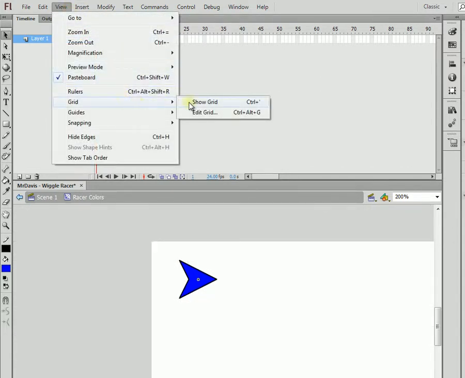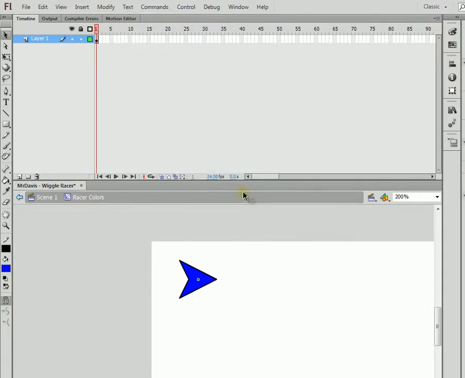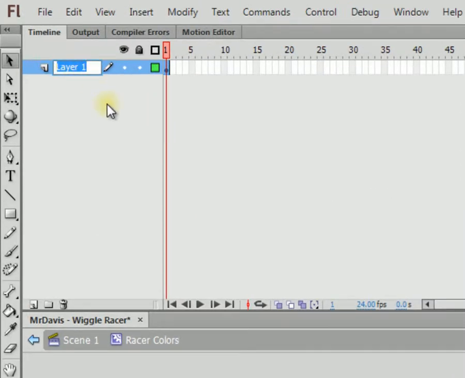And we can leave grid snapping on and maybe even object snapping. It's just whatever you want. That part doesn't really matter as long as your grid is out of the way and you don't have to deal with it. We're going to rename layer 1 to art. Art sounds good. And we're going to create several frames for our movie clip that will hold each potential